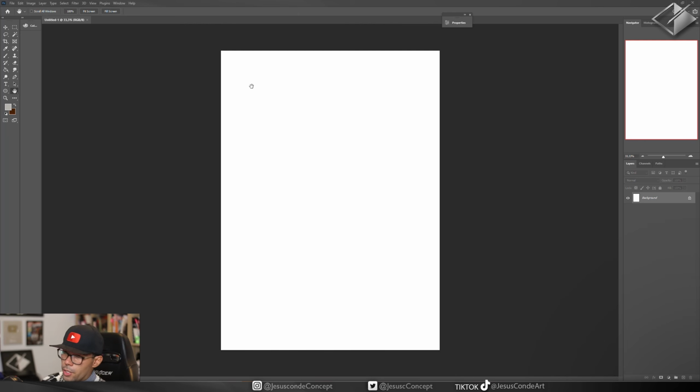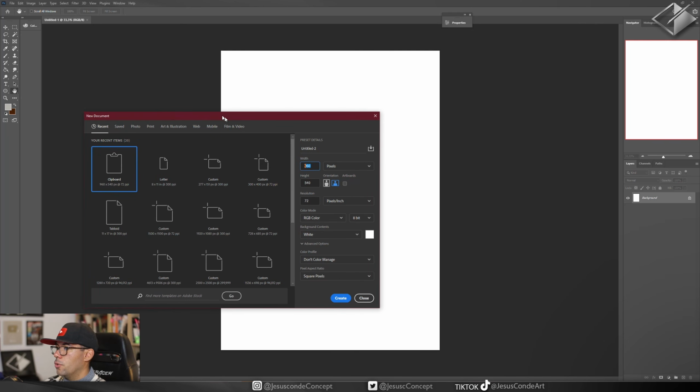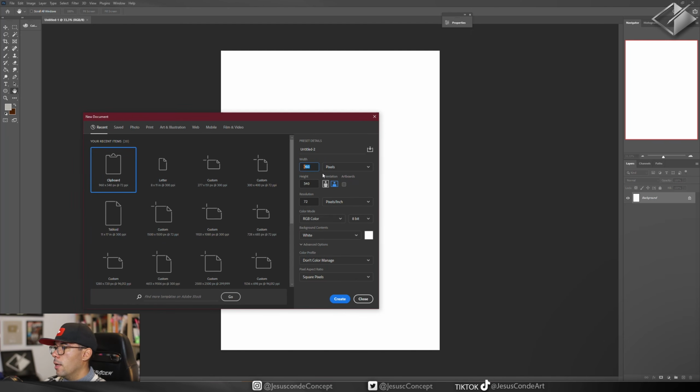So we're going to create a new file. You can do that with Control N. We immediately enter this new document window, and we have to pick a number between 300 and 600. You don't want to go bigger than that because then the brush will be too heavy. So 400 by 400,